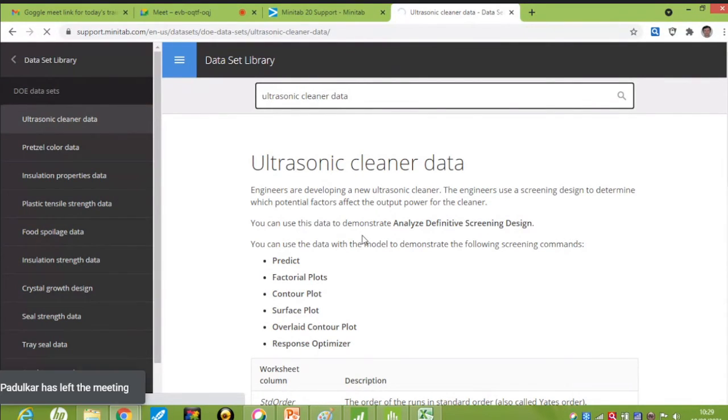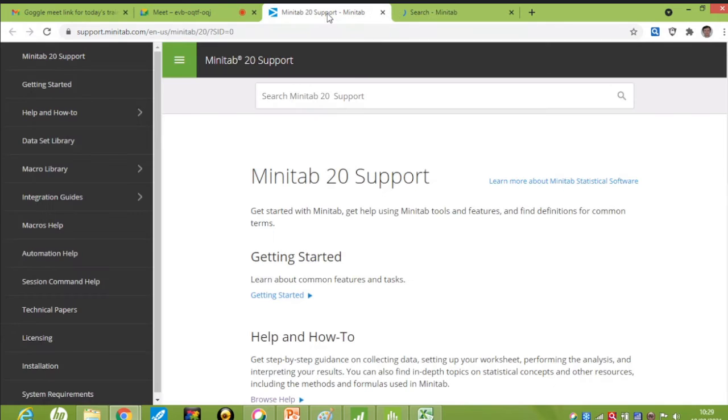It will automatically search and you will get this data. You got it?